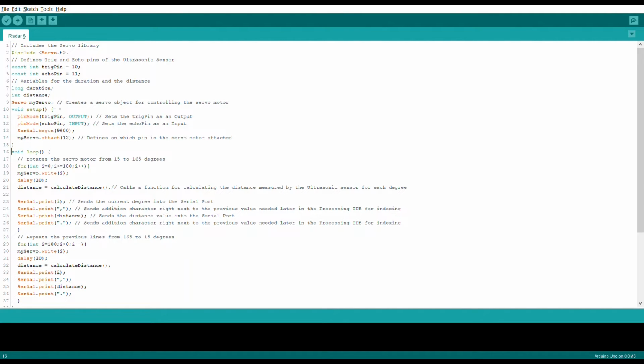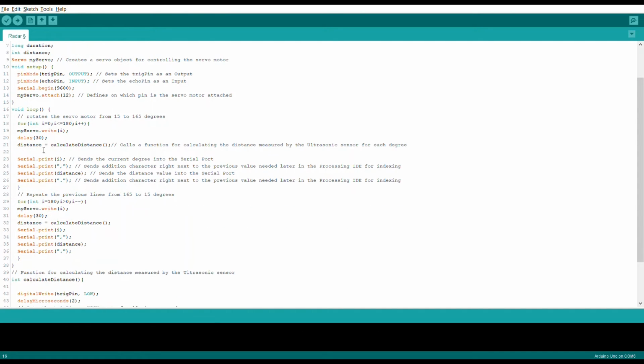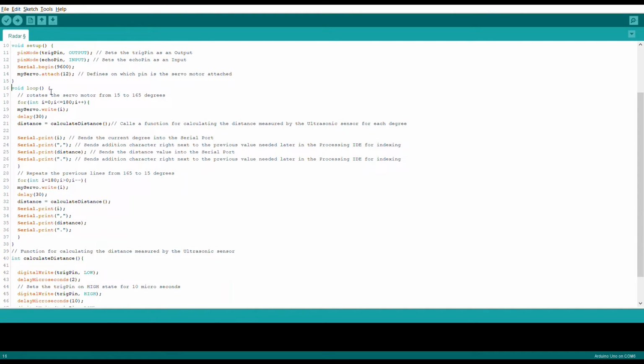And we create a servo object for controlling the servo motor. Within the void setup, we declare the pin modes: the trigger pin is going to be the output, the echo pin is going to be the input, and serial communication will be at a 9600 baud rate. And we say myServo.attach(12), so we define on which pin the servo is attached. The void setup is run once,